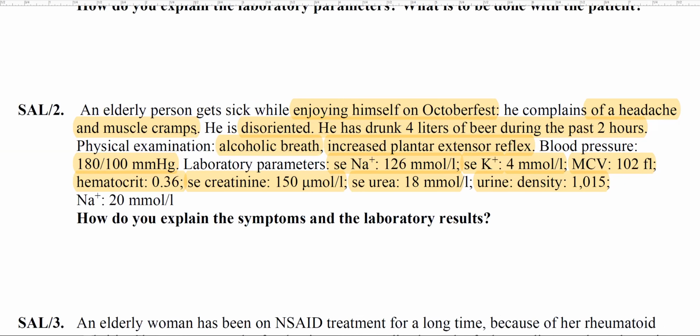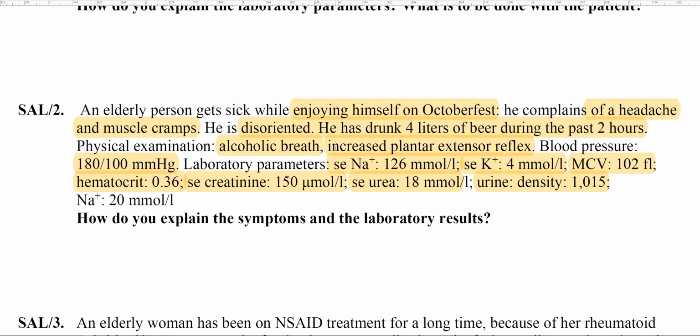Okay, so this way, and especially increased plantar extensor reflex, that's a Babinski sign. That's a sign of brain edema, or let's see, the herniation of the small brain. Now, so this edema,